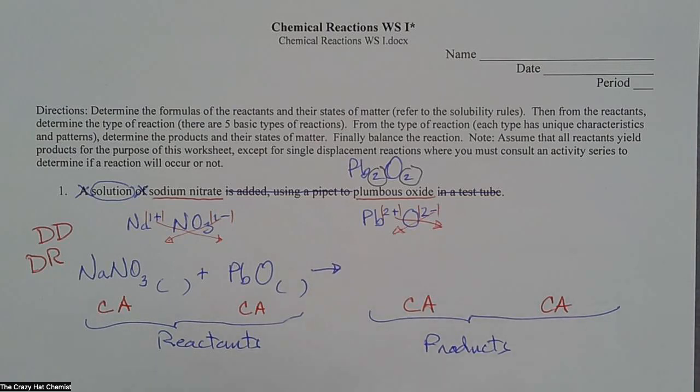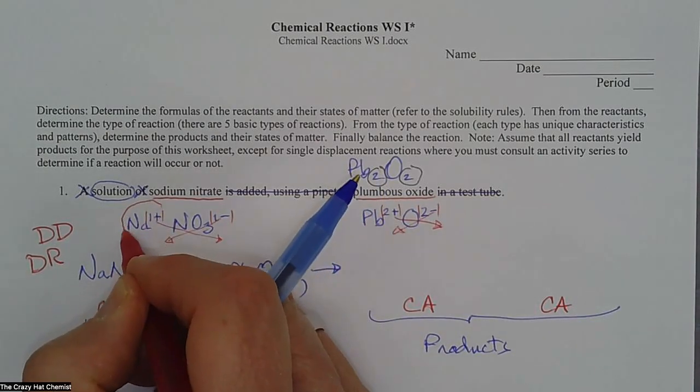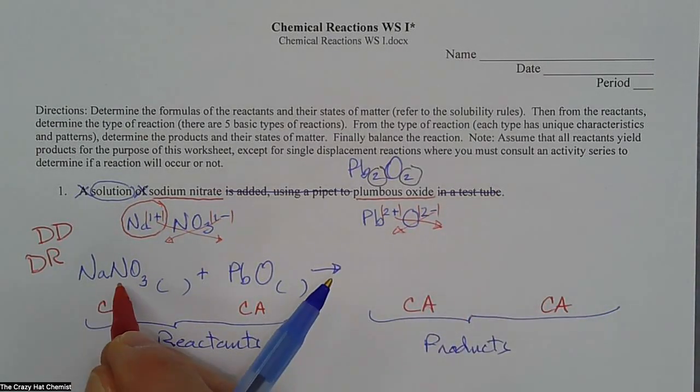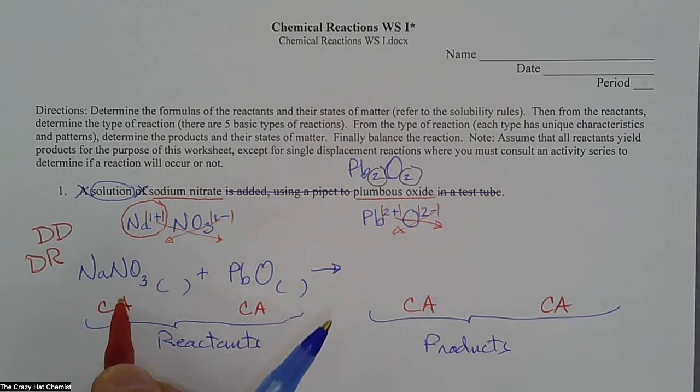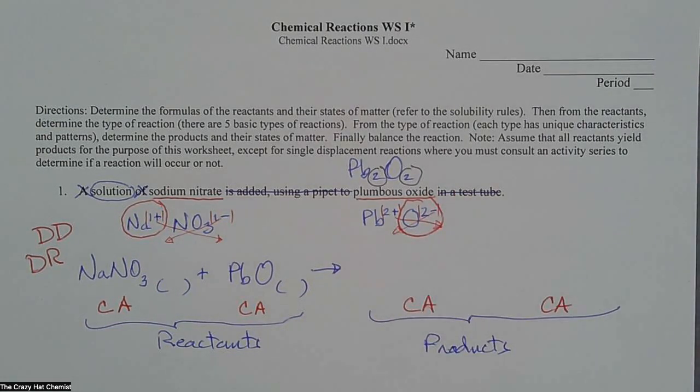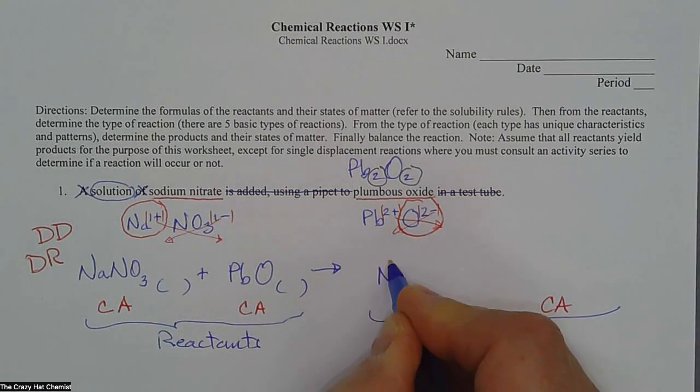So what we're going to do to write the products, we're going to combine the cation of the reactant with another alternate anion than what it is combined with on the reactant side, and that would be the oxide. So we're going to take the same kind of concept as take the absolute value of these two numbers, take the bull by the horn, flip, bring it down, and we get